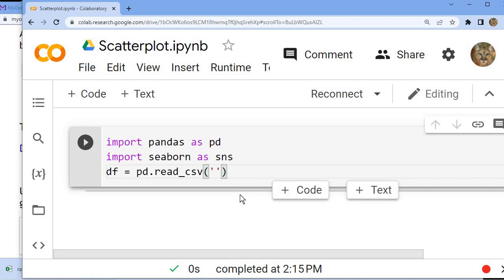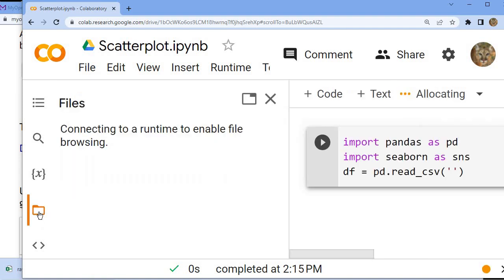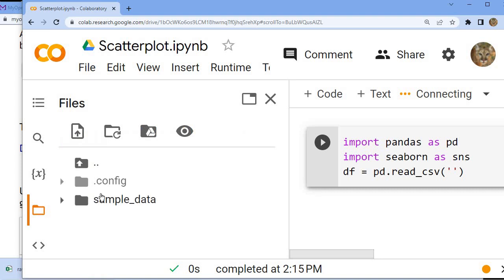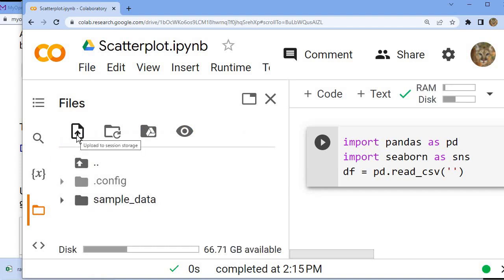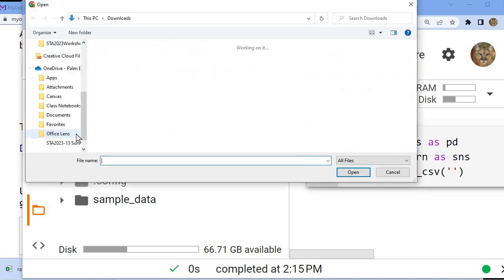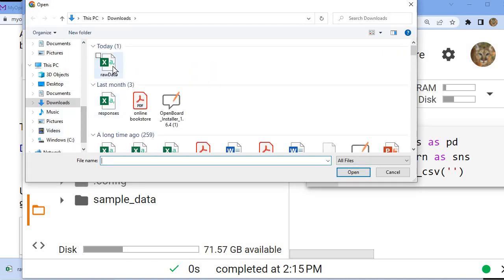But the file path that I'm going to use has to be a file path in my Google Drive. So I first have to get that CSV file uploaded to my Google Drive. Here's how I'm going to do that. I'm going to come over here to the Files menu, the thing that looks like a file folder, and click the Files menu. Then when the Files menu opens up, one of the icons up here is the Upload to Session Storage icon. When I click that, it'll allow me to search my hard drive and find the raw